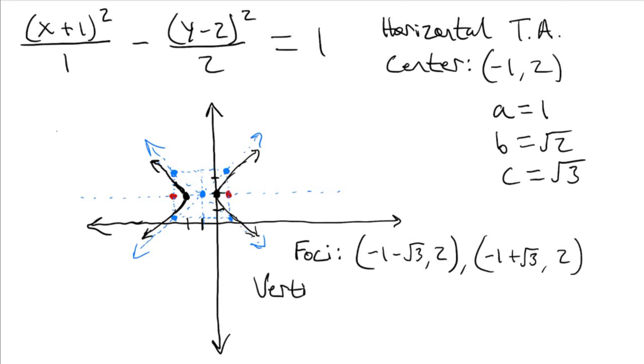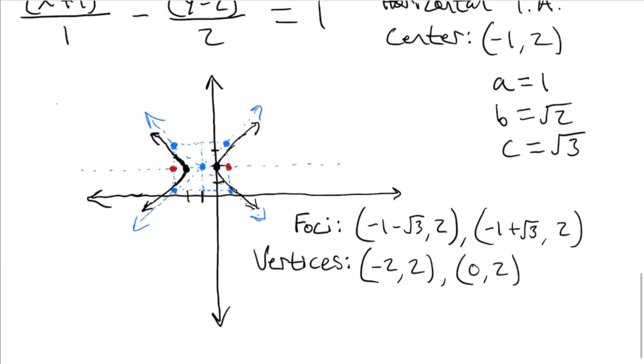For vertices, I do a similar thing. I do -1 minus 1. That's going to give me -2. So these vertices are going to actually have nice numbers. And then 0, 2. And now let's see if I have room to write out the equation of these oblique